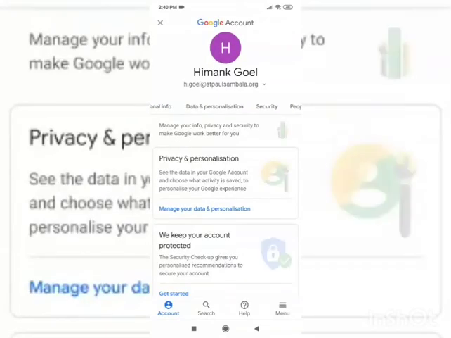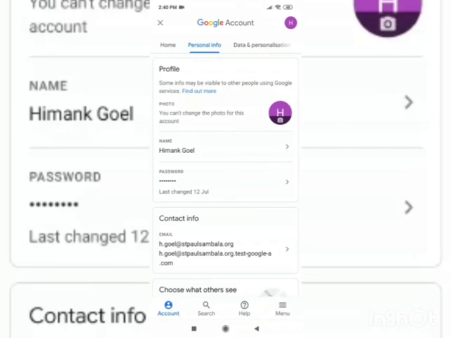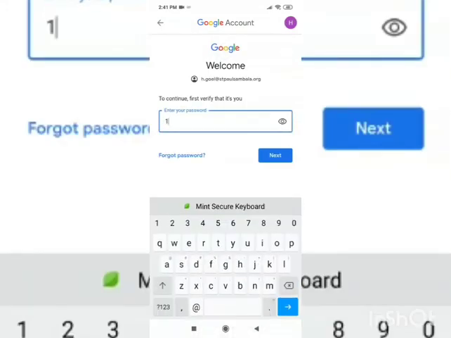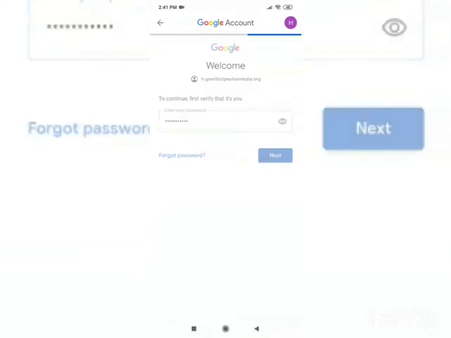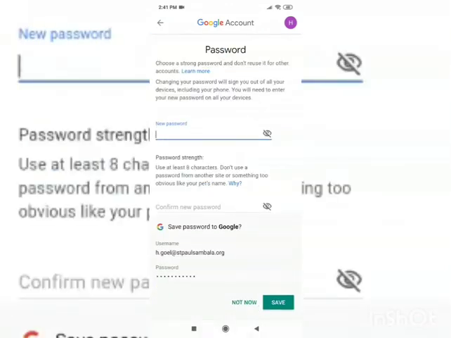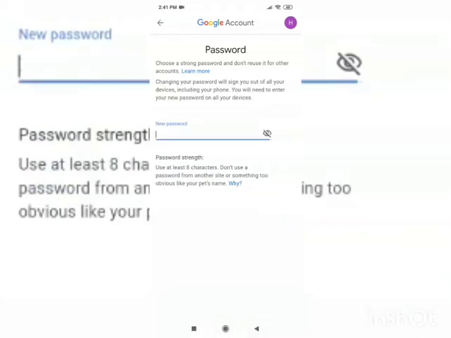Okay, now click on personal info. Here password is showing. Click on that. Now enter your previous password that you have entered earlier also. Press next. Then you can change to your new password. Like I will keep this name.